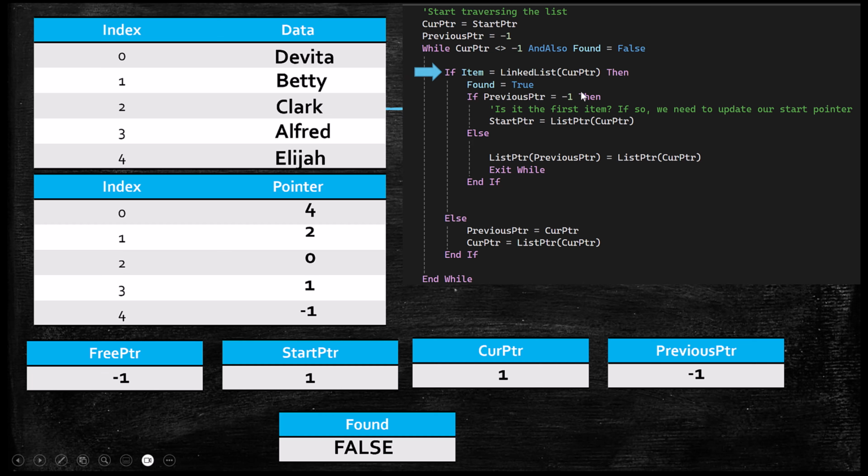So our current pointer is not -1, found is false, so we jump right into this first if statement. If item equals linked list, our list of names, current pointer. My current pointer is 1. Is Betty equal to Clark? Or actually, is Clark equal to Betty? It's not. So I need to jump down to this next else statement because this if statement condition is not